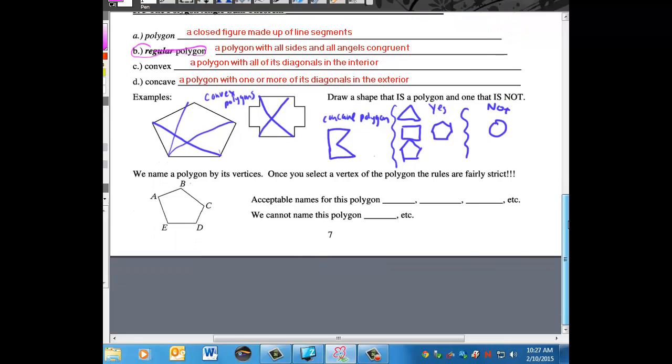When we name a polygon, we name it by its vertices. Now recall that vertices is another name for angles. So once you select a vertex or an angle of that polygon, the rules are strict. We can either go clockwise or counterclockwise. Meaning, let's start at A, and I can call this polygon A, B, C, D, E if I go clockwise, and that's acceptable. Or I can start with A and go counterclockwise, the other way around: A, E, D, C, B. I could also start at some random point like D. And once I start with a point, I then have to go in order. Again, I can either go clockwise or counterclockwise. So let's go counterclockwise. So I get D, E, A,